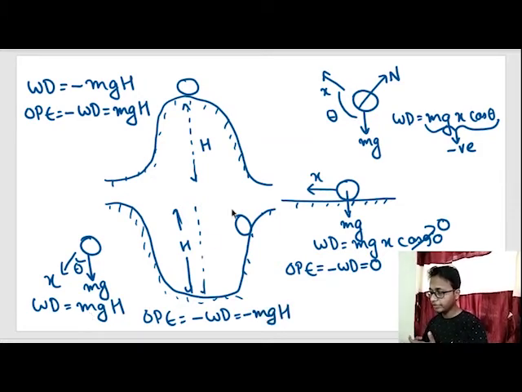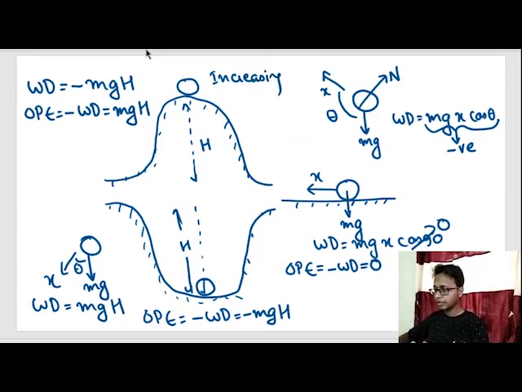So can you intuitively see the potential energy is decreasing out here? When the ball reaches out here, the potential energy is decreasing. Now compare this with the diagram where it was increasing potential energy. Out here it was decreasing potential energy. Out here there is no change in potential energy.